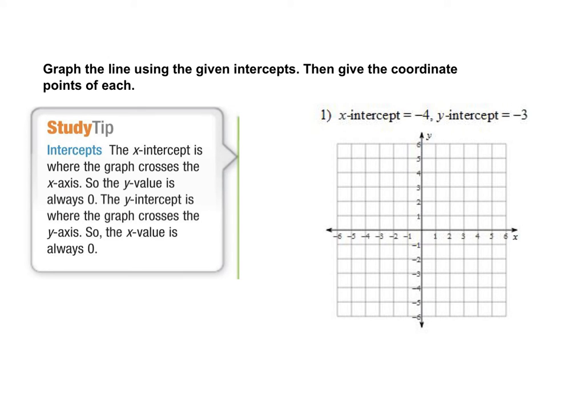Before, we were graphing a line by creating a table of values. However, if we have the x and y intercept, we can actually create a nice sketch of the graph by plotting those 2 points and then creating a line. So if I give you the x-intercept in this example, which is -4, I'm going to plot a point at -4. Remember that the x-intercept is where the graph crosses the x-axis. And then the y-intercept, which is -3. And then I can connect the dots